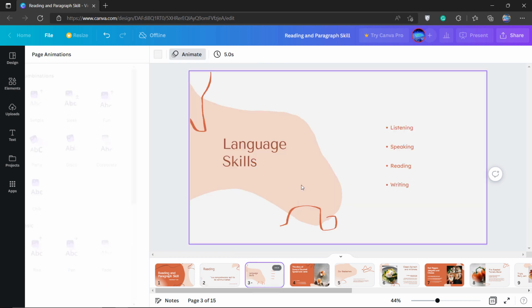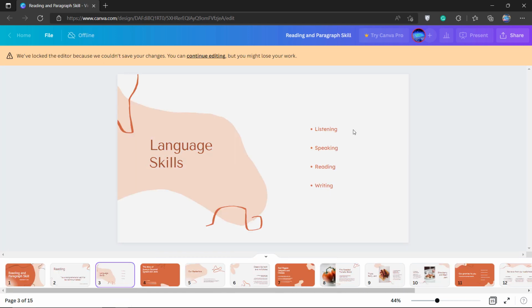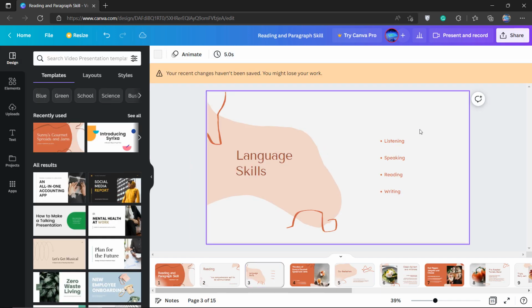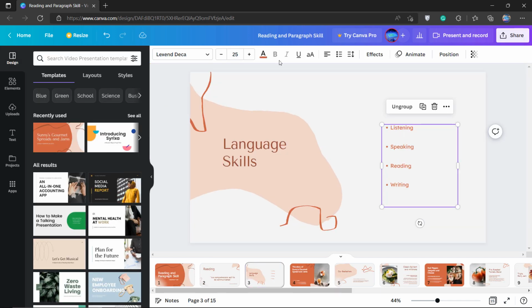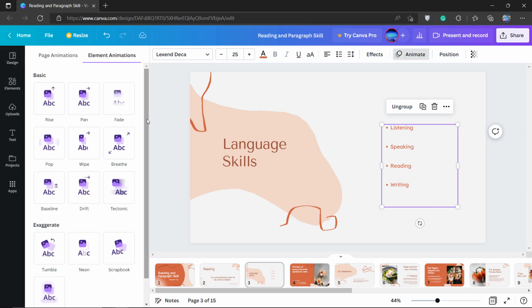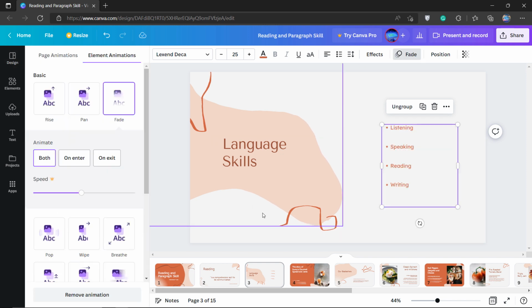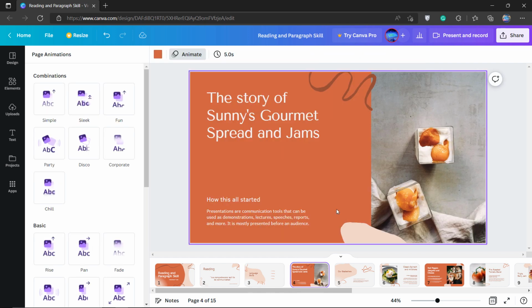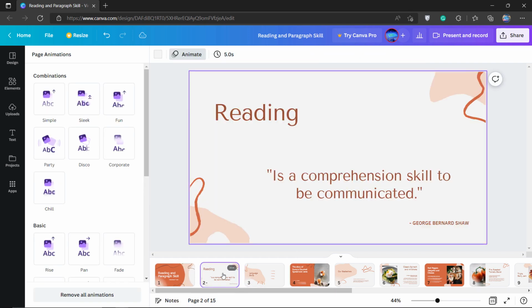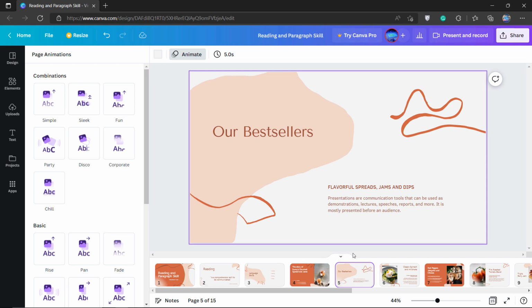This. So let's animate that. So here I have created the 3 pages, and all the extra ones will be deleted.